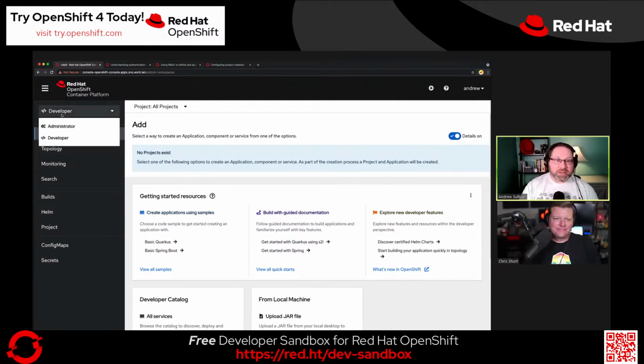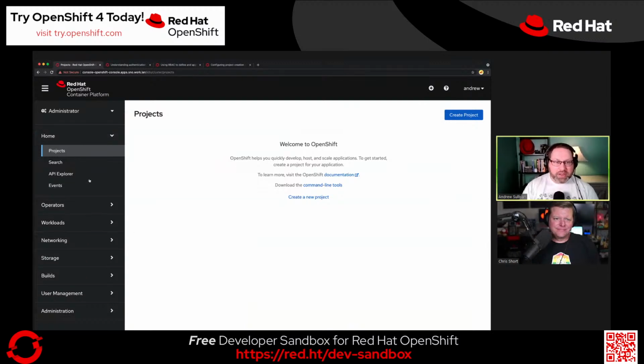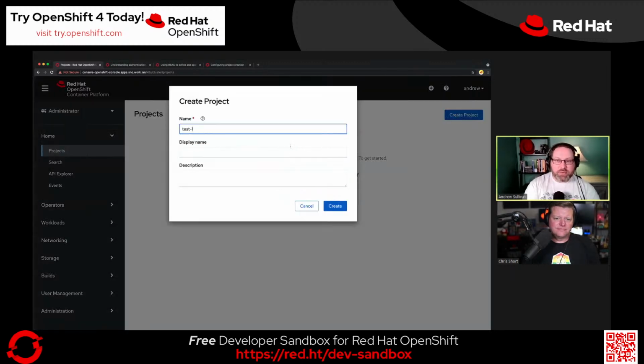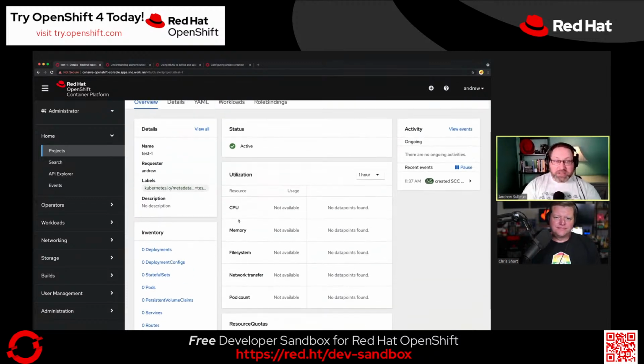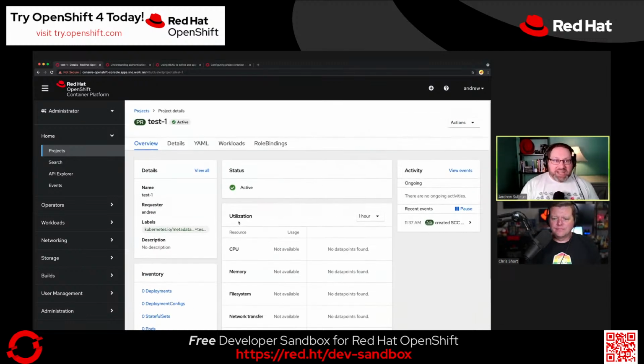From inside of here, I have access to various things. By default, an authenticated user is given the ability to self-provision their own projects. I can go in here and create a project named test1, and I can hit create, and now I can come in here and deploy things as I see fit. It will follow the default project creation template. So if, for example, you have a quota put in place or a limit range or whatever the default project template happens to be. If you want to change that, we need to effectively remove the authenticated OAuth group from